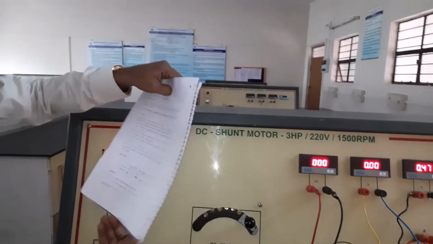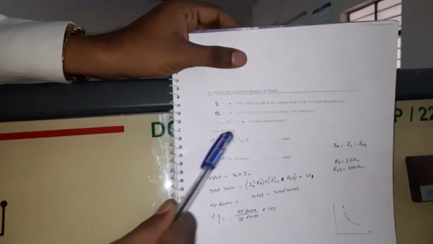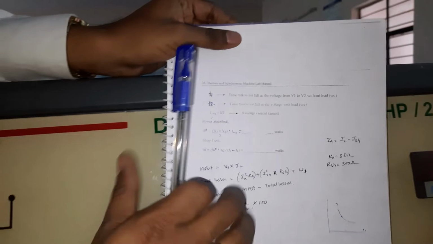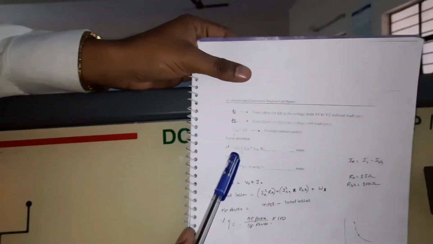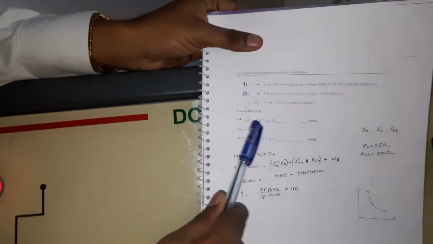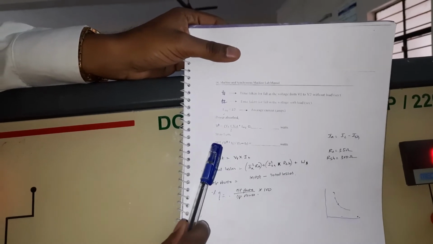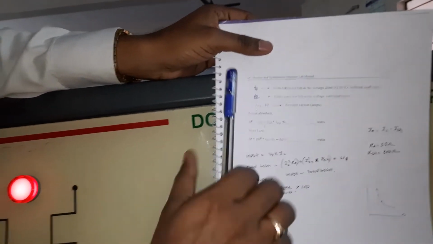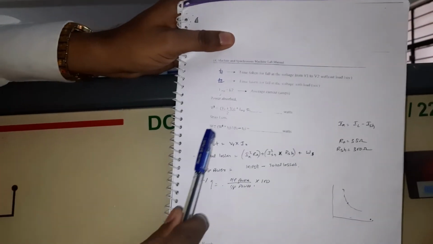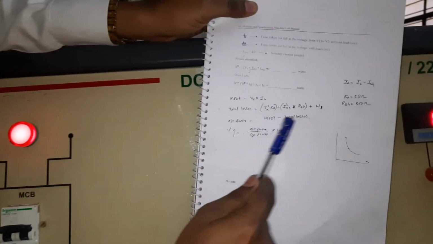After getting this reading, we need to calculate. W dash is called the power absorbed, and I average is equal to I by 2, so 1.04 divided by 2. So we will get the I average. From V1 plus V2 divided by 2, we will get V average. V average into I average is equal to W dash, in terms of watts. Then we get the stray losses W is equal to W dash into T2, whatever T2 we have measured, that is 4.79 seconds. Using this you can calculate W, and take Ra equal to 3.5 and Rsh equal to 300. That can be used in this formula.